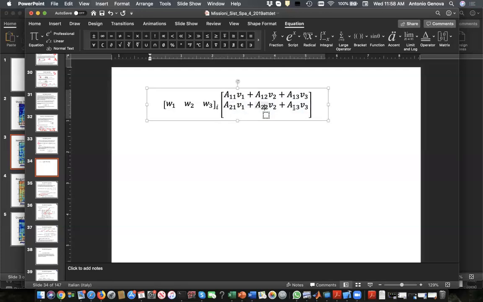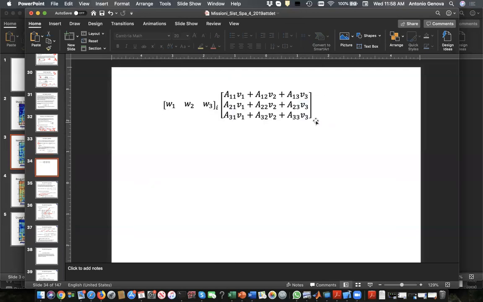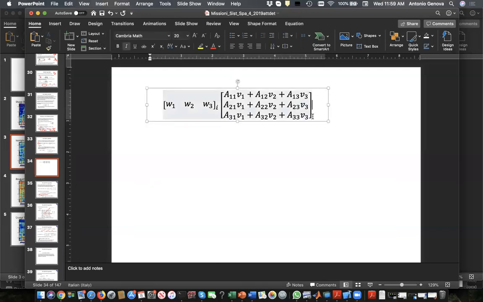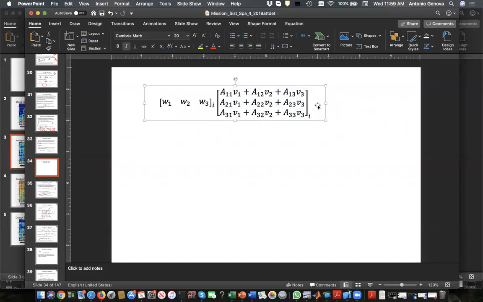2, 2, 2, and you have a similar expression here. It will be 3, 3, and 3. So what you have here is indeed this form here. And this is always for the i-th observation. So the main goal here, I'm not sure that in 5 minutes I will be able to do that, but the main goal is to show you that if you took this expression here,